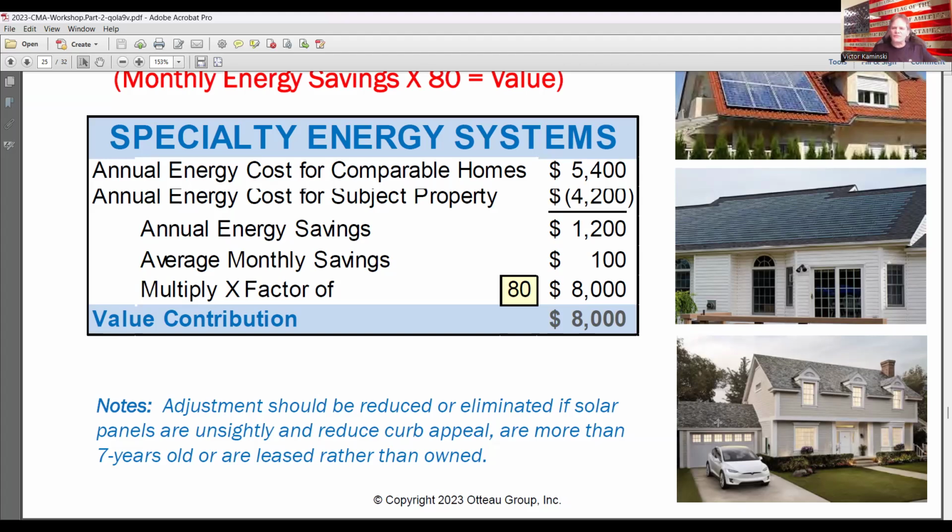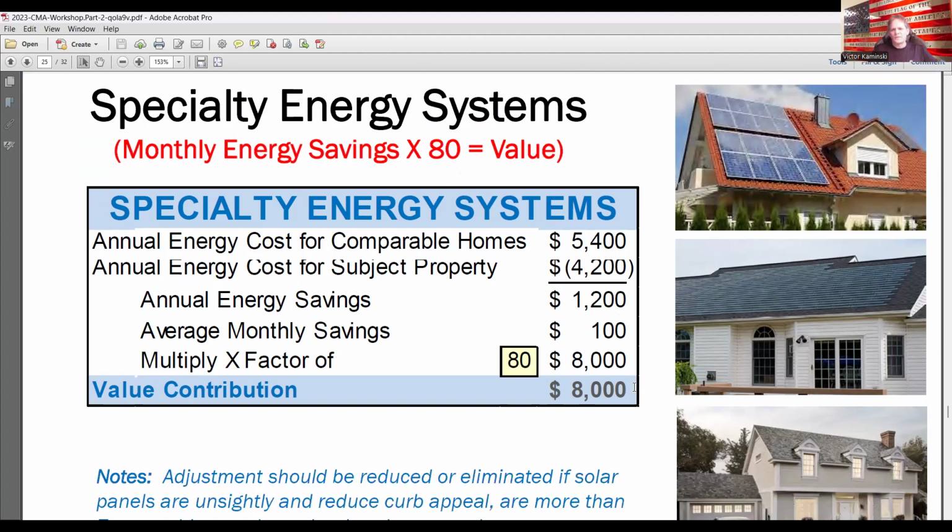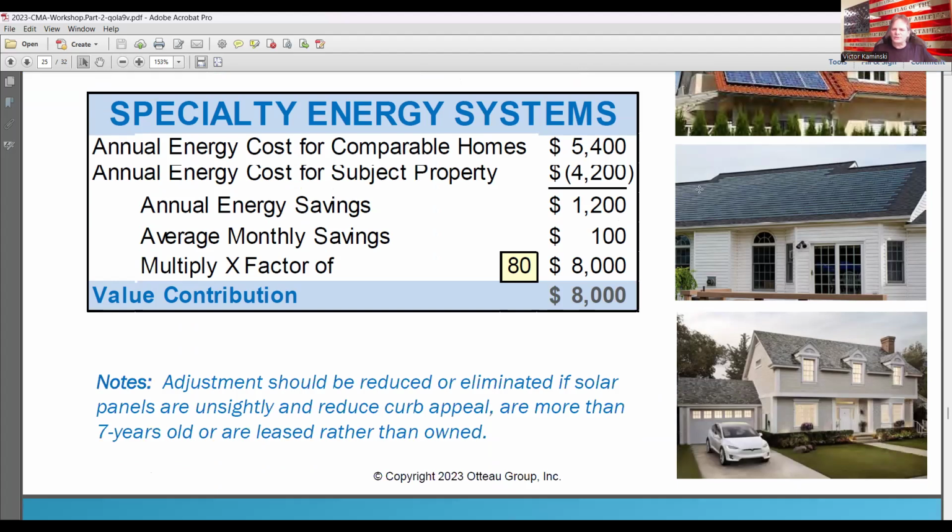They can actually detract from it if they're unsightly and ugly. Are the solar panels on the front of your house or the back of the house? Do they look like this? That's kind of ugly, right? Or do they blend more into the shingles? Or are they on the back of the house? Or have a composite look like the shingles? Then they could be worth more. But how much more? Well, it depends on how much energy they save you. So they give you a formula then to calculate it.